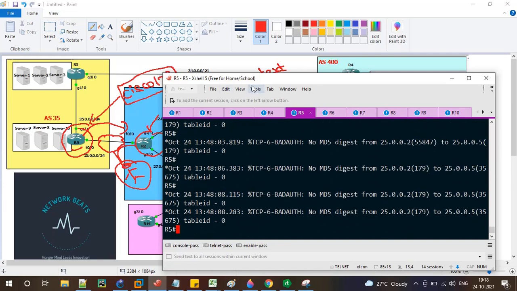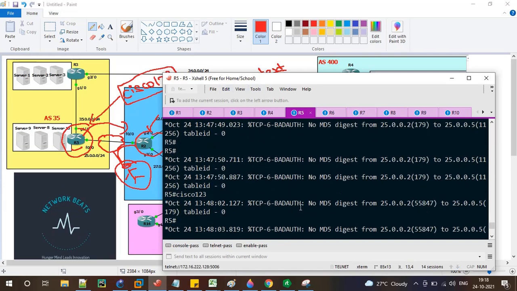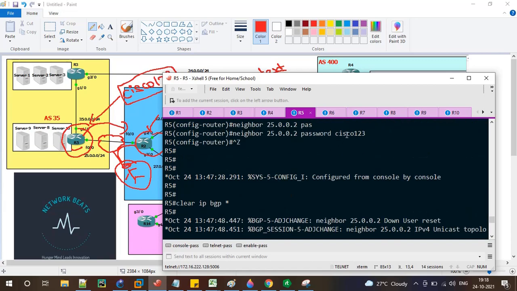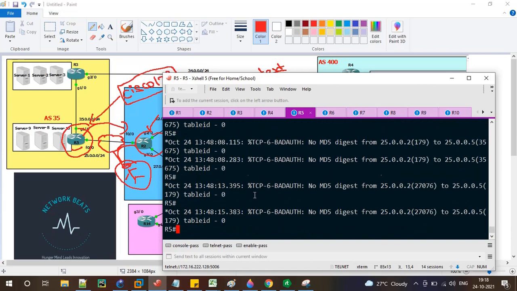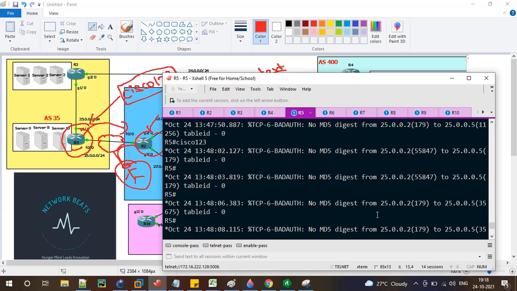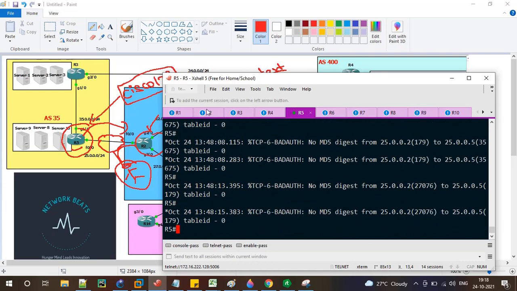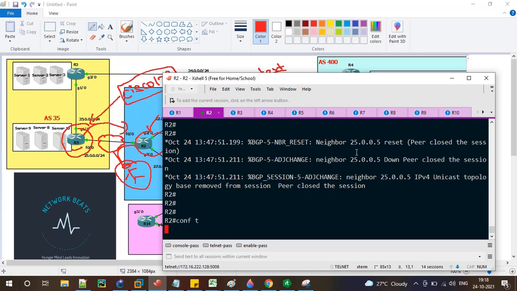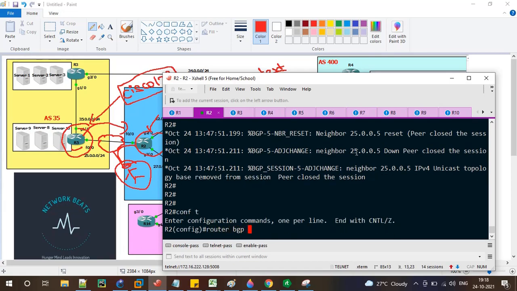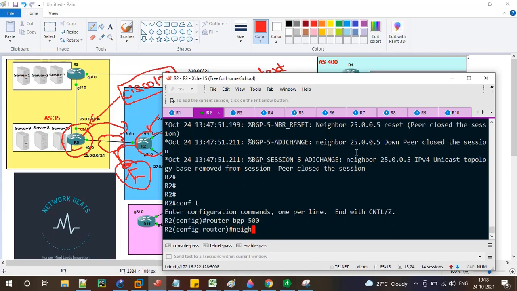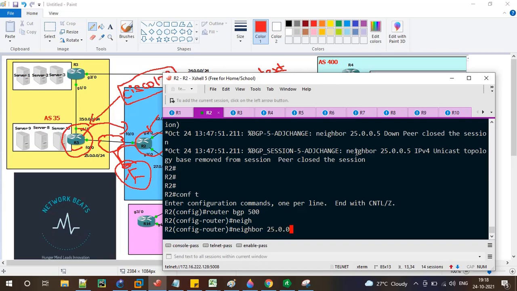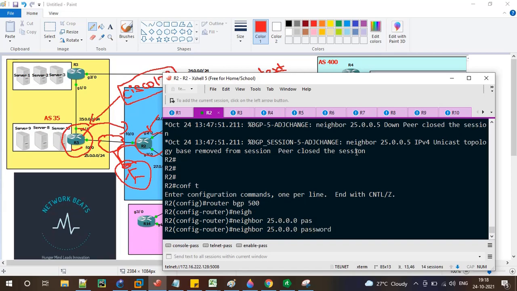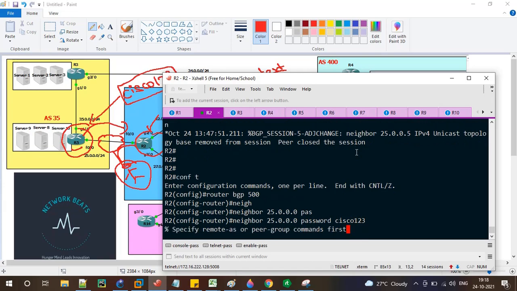Until I configure the right password, and even if you configure a wrong password, you are going to receive the same message. So let's go to R2 and configure it so that we won't get these messages on R5. Configure terminal, router bgp 500 and neighbor 5.5.5.5 password Cisco123.